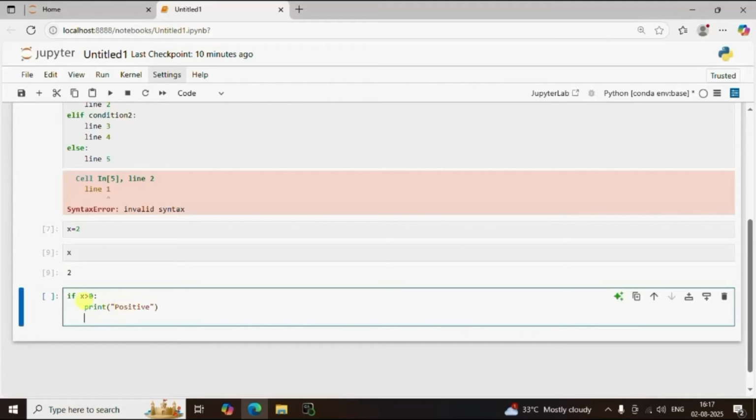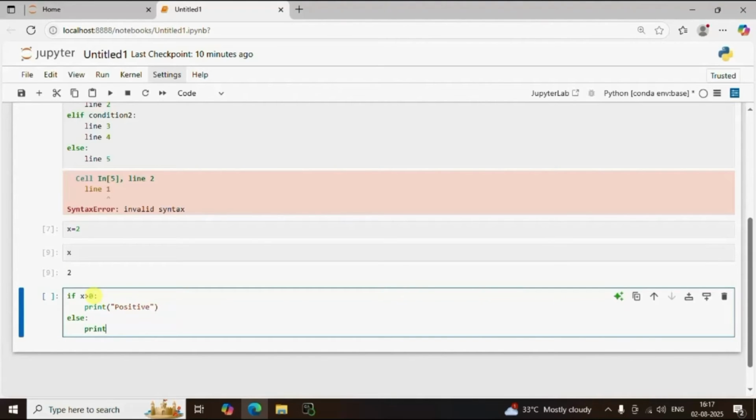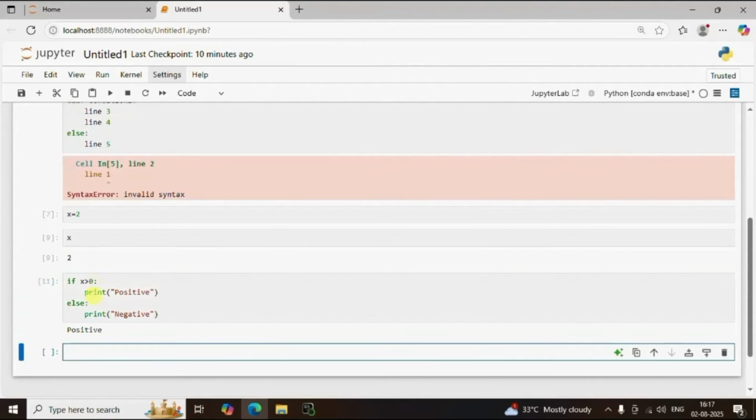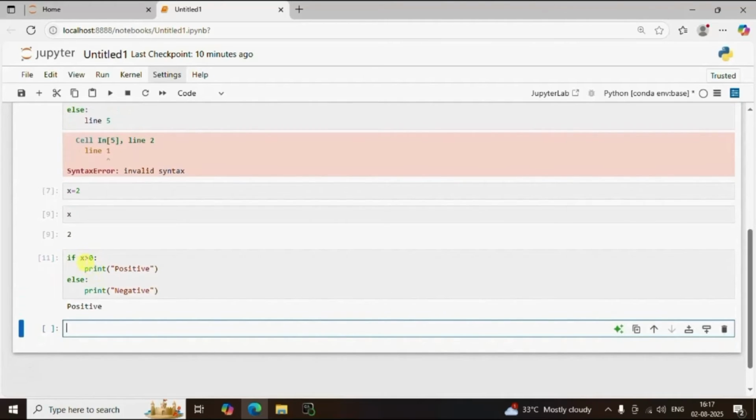And if this condition is not true, then else, colon, we want to print negative, within double quotes we will write down negative, press shift plus enter. Now here you will see that value 2 is stored in variable x and value 2